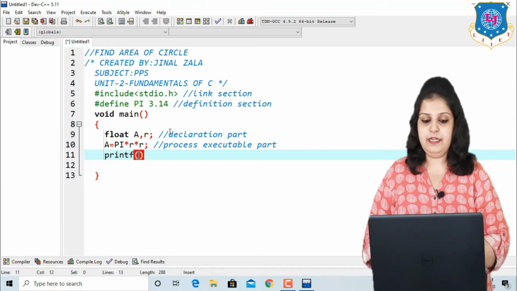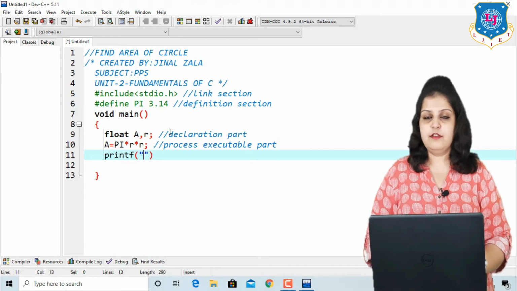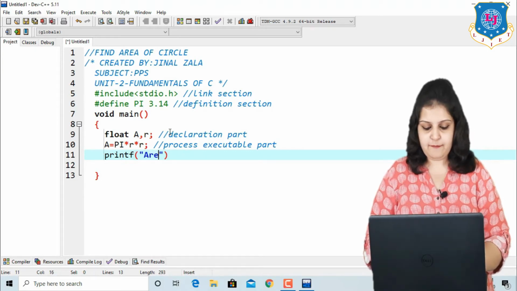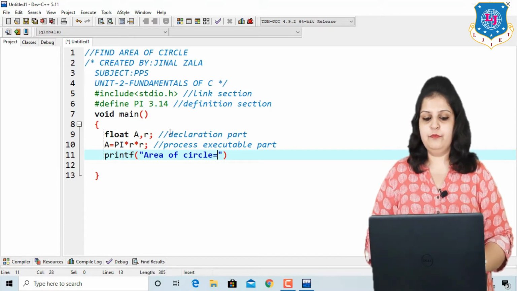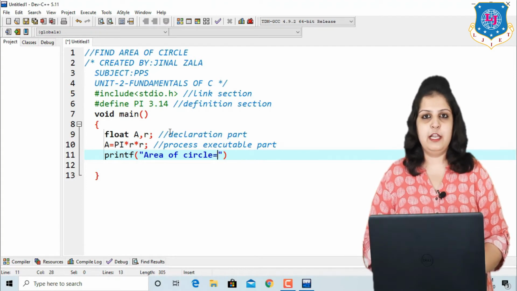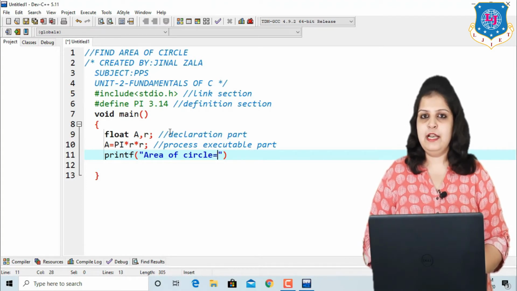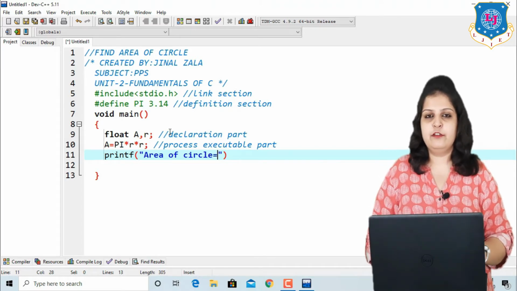And in printf, in double inverted commas, just write area of circle is equal to. Now I want to print the value of our variable, and for printing any value, write the control string of the particular variable or particular type.